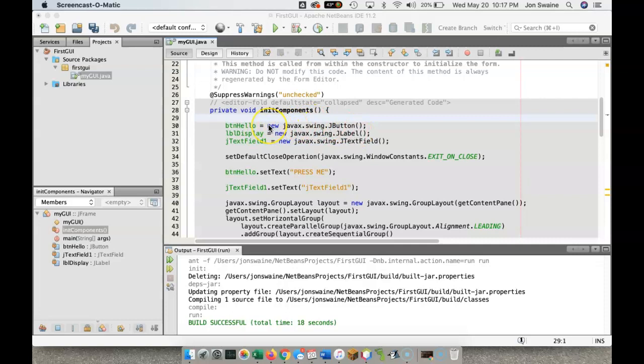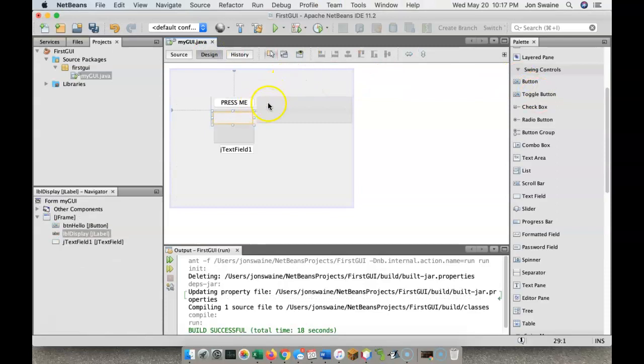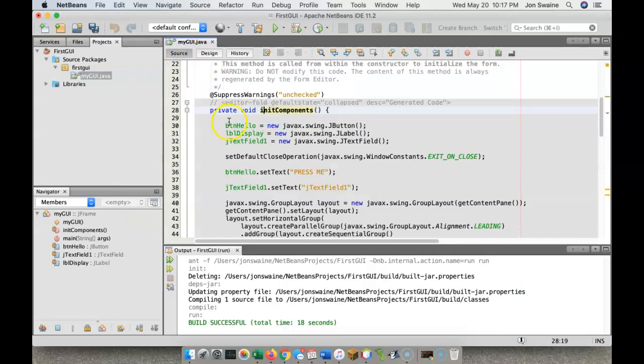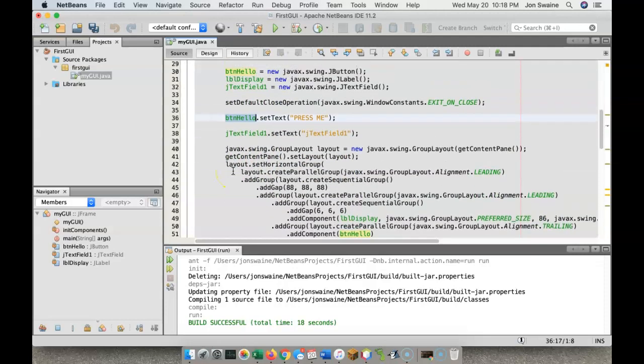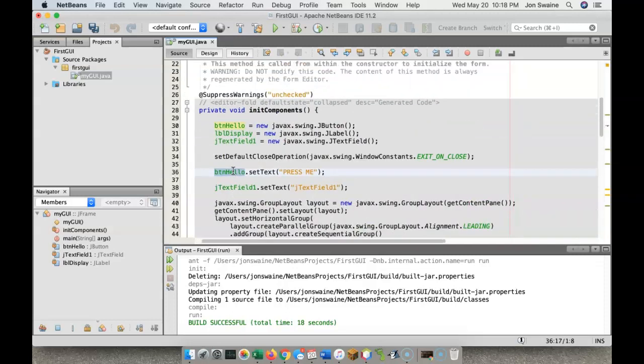So if you're ever wondering how, when I'm actually doing stuff in design mode by dragging things on and renaming, behind the scenes in the source code, NetBeans is actually writing code for me. It's saying, hey, the user wants to put a new button called BTN Hello. They want to create a new label called LBL Display, and they're going to set the text of the button to press me. So you can do all this stuff through code, but I just wanted you to be aware that this isn't magic. There's actually code that NetBeans is writing for you